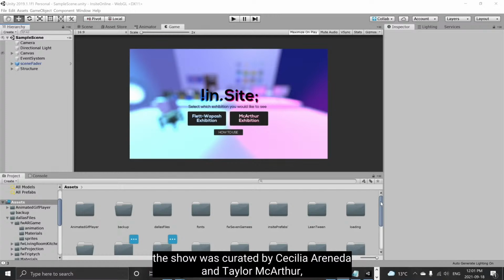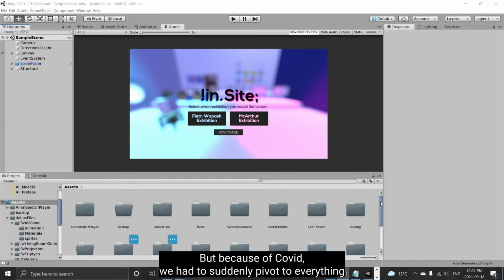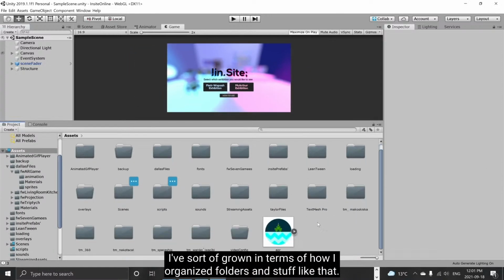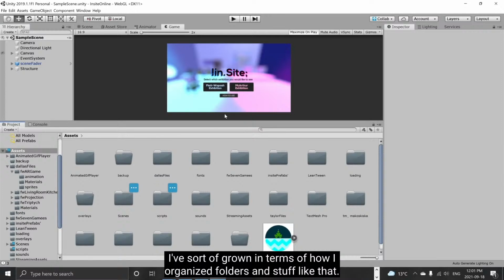Originally, the show was curated by Cecilia Araneda, and Taylor MacArthur and I were the artists in that exhibition, and we were going to exhibit in person at the AGSM that was located in Brandon, Manitoba. But because of COVID, we had to suddenly pivot everything to a digital context where things were online. And you can see I've grown in terms of how I organize folders since then,